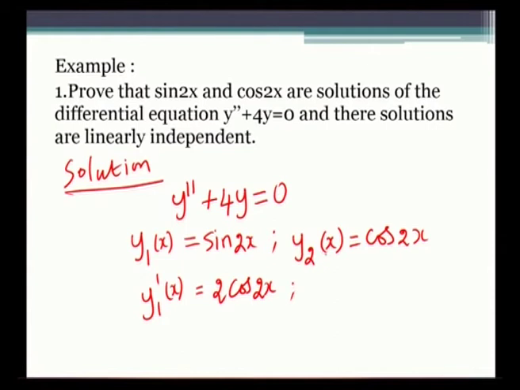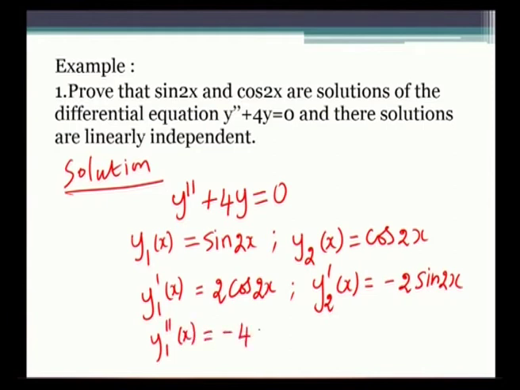Then the first derivative of y2 of x, y2 prime of x, is equal to minus 2 sin 2x. Then find y1 double prime of x. That y1 double prime of x is equal to minus 4 sin 2x. Now, substitute this y1 prime of x and y1 double prime of x in the given